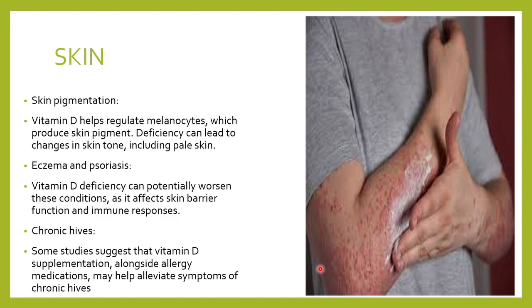Vitamin D is very important in supporting the immune system. So whenever the immune response is altered, it can affect the skin barrier function, and that can lead to certain conditions like eczema, autoimmune disease like psoriasis, allergy, because this is required to maintain our immune system. It can cause all such symptoms like eczema, itching, pigmentation, allergy, chronic hives can all come because of deficiency of